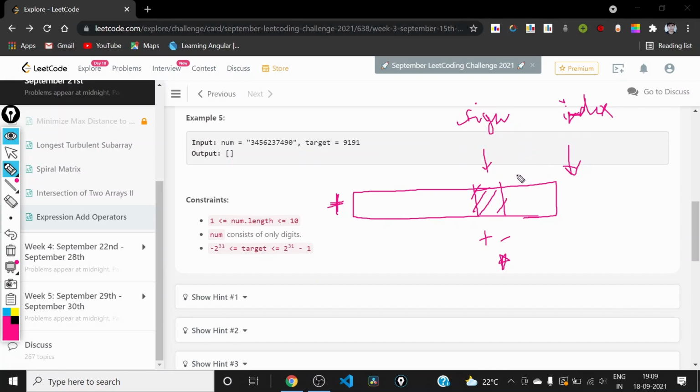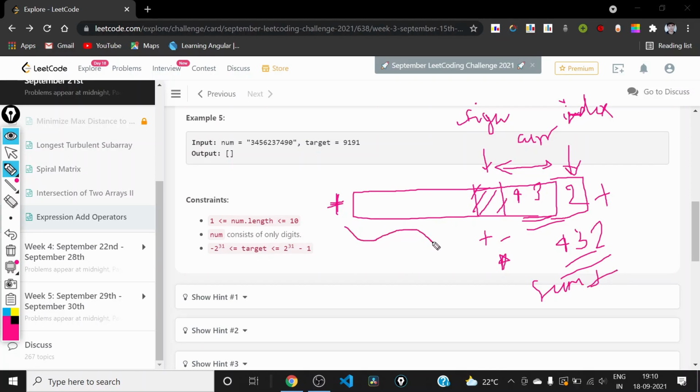And we will have a variable for keeping track of the current number we have generated. For example, if we have included 43 in our expression, the value of current will be 43, right? If we add some more number 2 after this, the value of current will become 432. Then if at this instant we choose to add any operator, suppose we decided to add plus here, then we will add the current to the sum obtained so far.